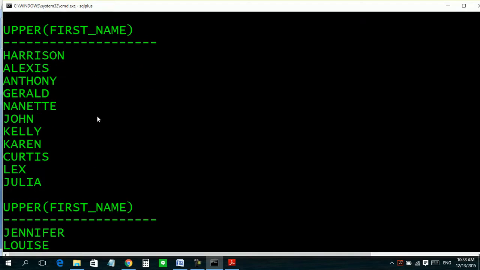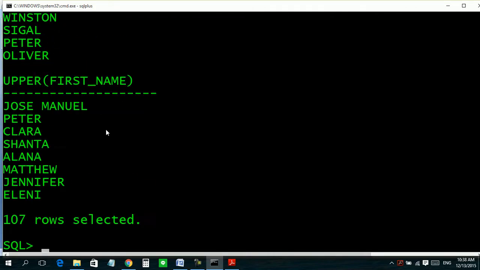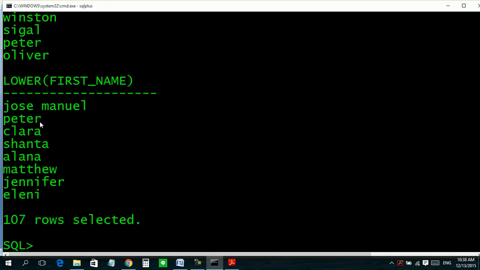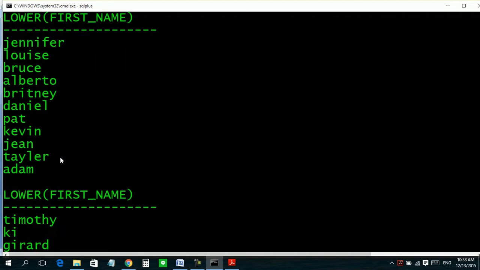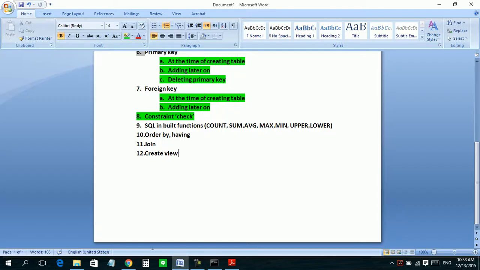Look, all the names are in uppercase. Now again, if I want to see all these names in lowercase, we will use lower. Look, all names are in lowercase. Okay, so we have seen this also.